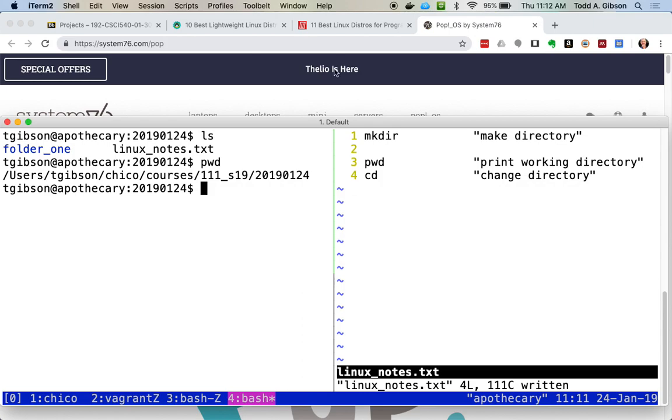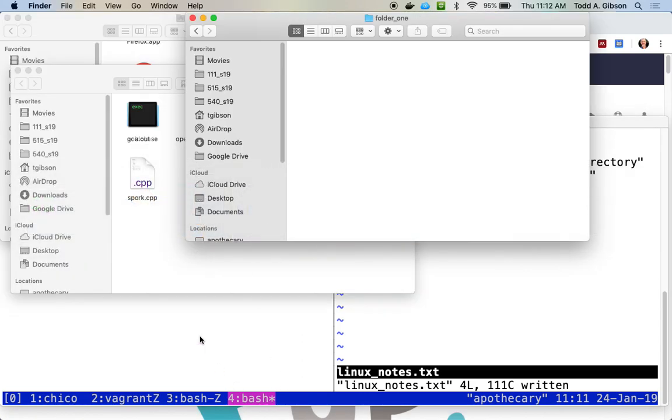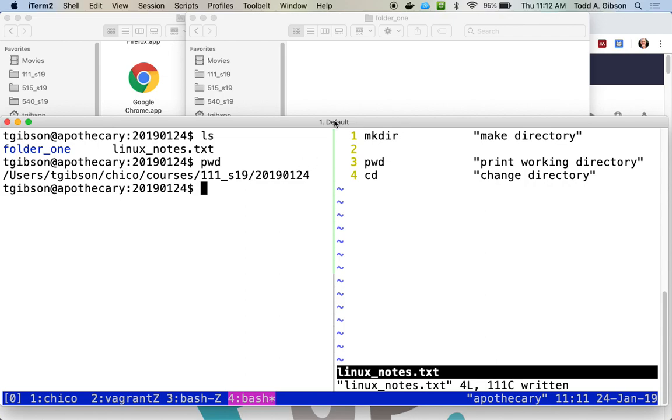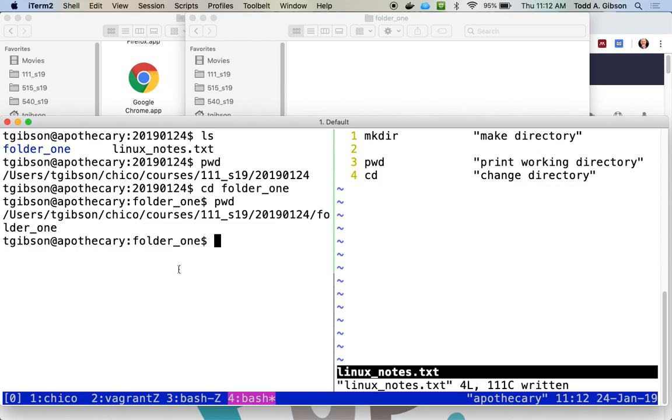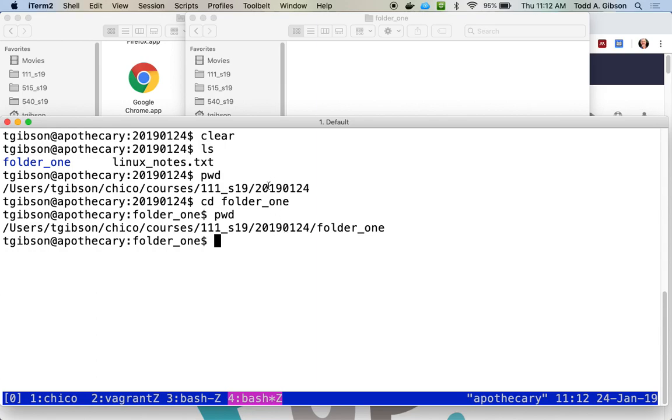How do you change into folder 1? Let me bring this back up. To change into folder 1, I merely say cd folder 1. And now if I do a pwd, let me zoom in on that. You can see that when I did pwd here, it said I was in this directory. And now I change into folder 1. I print working directory again, and now we can see that I'm inside of folder 1, which is inside of